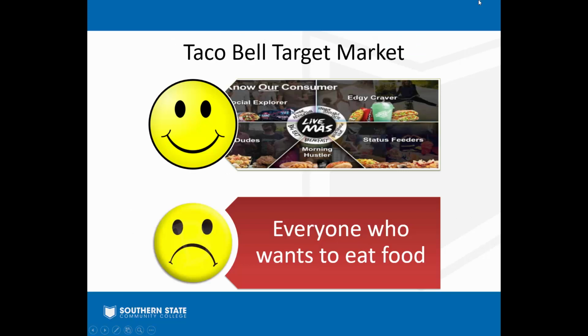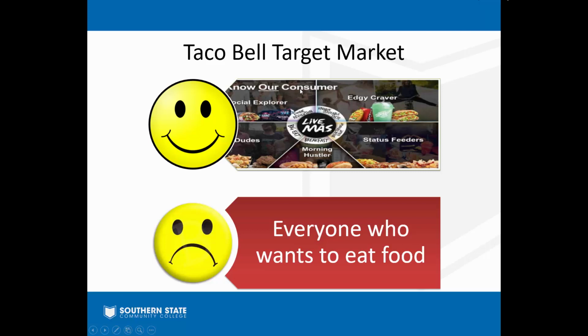Now, to give you an idea from Taco Bell here, a really bad way to look at it would be, well, our target market is everyone who wants to eat food. Well, shoot, maybe I want a nice sizzling platter full of fajitas, and I want unlimited nachos and salsa. Well, that's a person who wants to eat food, but Taco Bell's not really satisfying my needs in that way. So what Taco Bell has done is they've looked at their customer base and divided it into 5 very specific target markets that they can shoot their marketing mix towards.